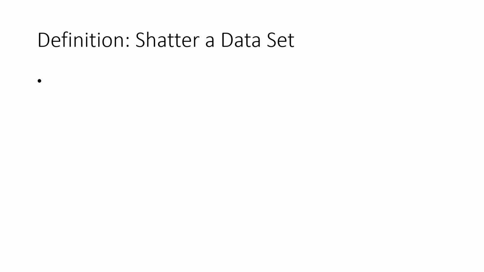So the very first definition that we're looking at is, what does it mean when I say shatter a data set? Let's say I have x1, x2, and so on up to xn points, and let's say there is a hypothesis set H. For a binary problem, the maximum number of dichotomies that can be implemented, the worst case, is 2 to the n, we know that. Now, if my H can implement